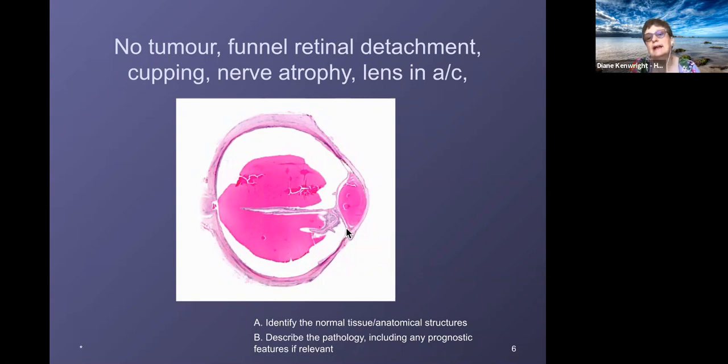We can see that the retina is back here behind the lens, and there's probably the remnants of the iris here adherent to the cornea. So already we know that we've probably got something that maybe started as glaucoma and now has a massive retinal exudate and a completely disorganized anterior chamber. And we can write those down without even